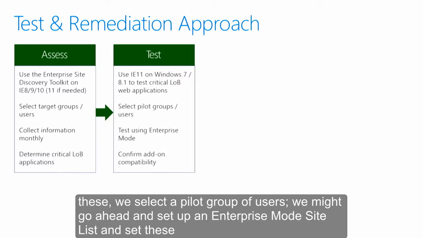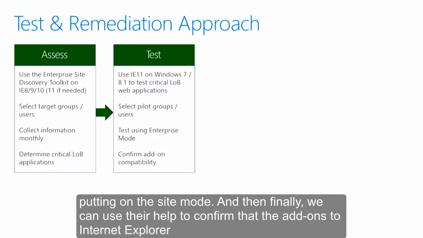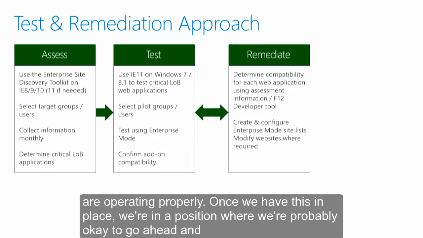So once we have a list of these, we select a pilot group of users. We might go ahead and set up an enterprise mode site list and set these people to testing those same applications and confirm that we've achieved compatibility through the mitigation of putting on the site mode. And then finally, we can use their help to confirm that the add-ons to Internet Explorer are operating properly. Once we have this in place, we're in a position where we're probably okay to go ahead and upgrade, but